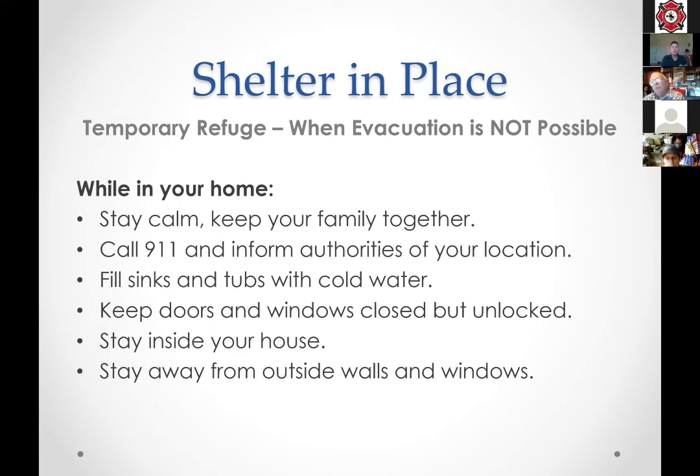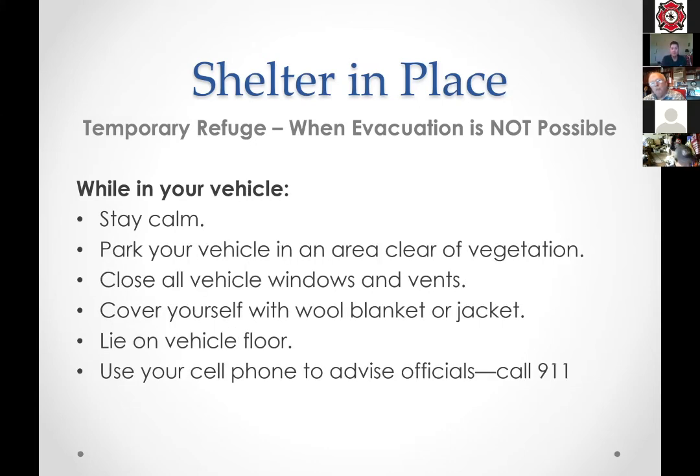Make sure you close everything. You want to keep doors and windows unlocked, though, at the same time. Stay inside of your house and stay away from the main outside walls and windows, because that radiant heat could cause you harm. Now, if you're in your vehicle, you want to make sure to pull your vehicle over, stay